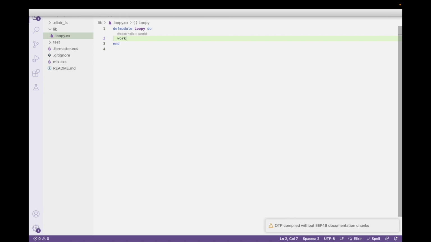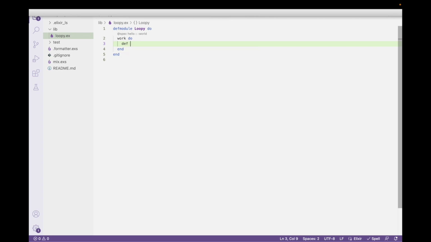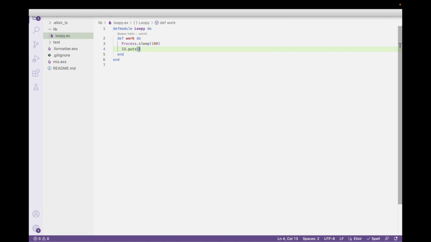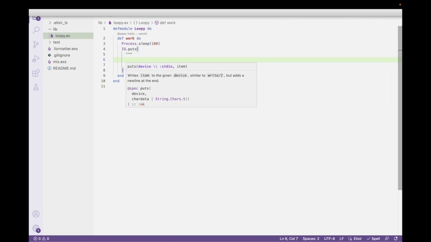So I'm going to say work, do, and let's see, what should this do? So let's say def work, or so this is the work. Okay, so now we're going to do a sleep. Let's say just for 100 milliseconds, a tenth of a second or so, just to slow things down a little bit. And then I'll say IO.puts. And then what do we print? What's a repetitive song? Let's say